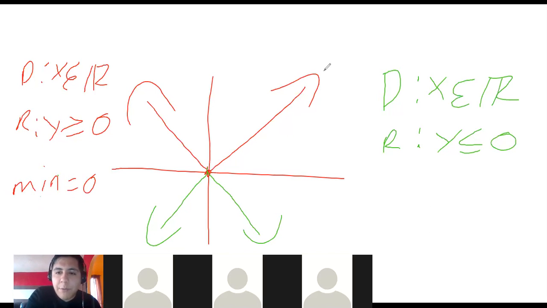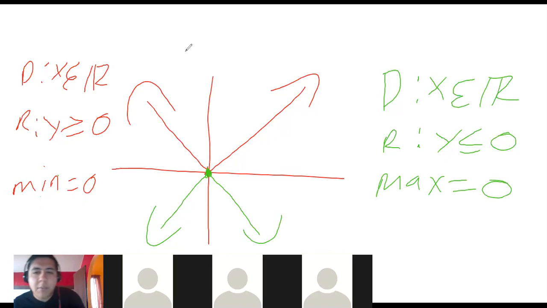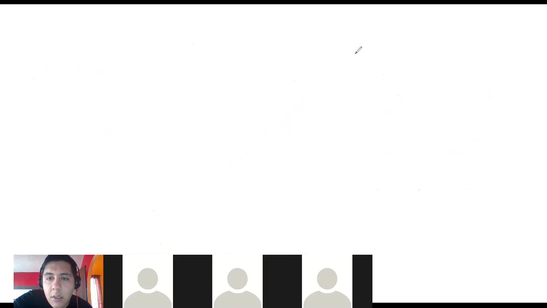But now when we reflect it, our minimum actually turns into a maximum, because we're talking about the maximum the graph is going to reach. So we're still at 0, but now our minimum has turned into a maximum. Does that make sense? Okay, so just like last week,